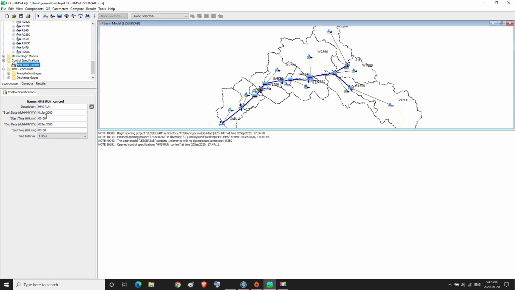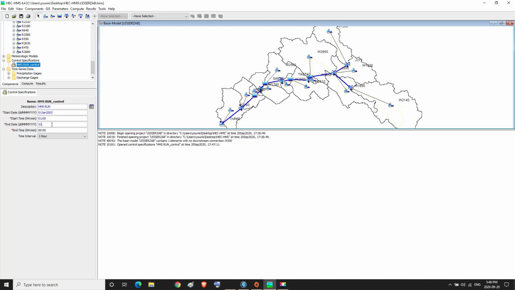Then we specify the date and time for the simulation according to the date and time of the available observed data. So in the start date, we type 1 January 2003. In the start time, we type 1 o'clock.